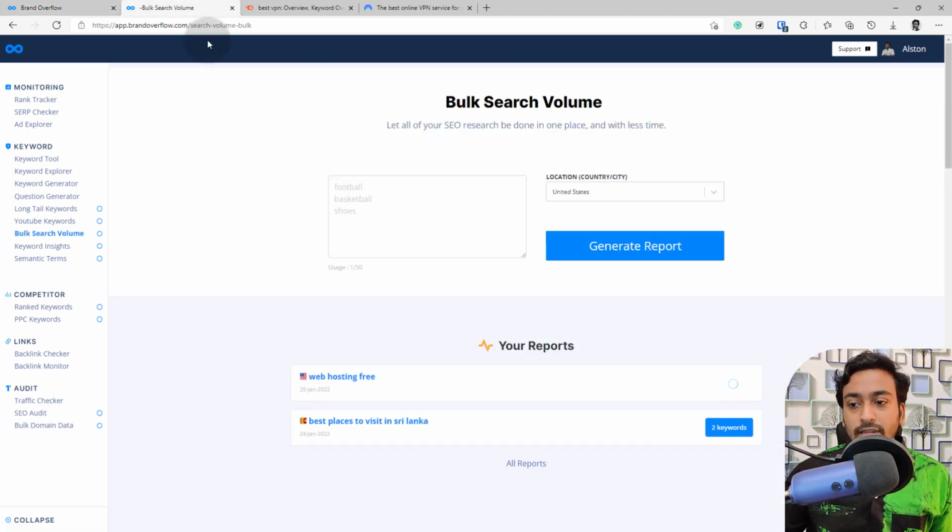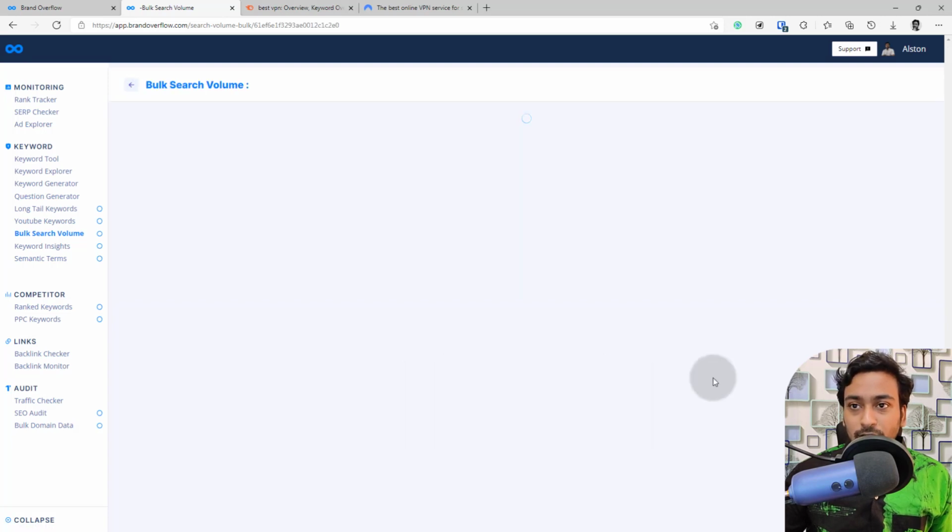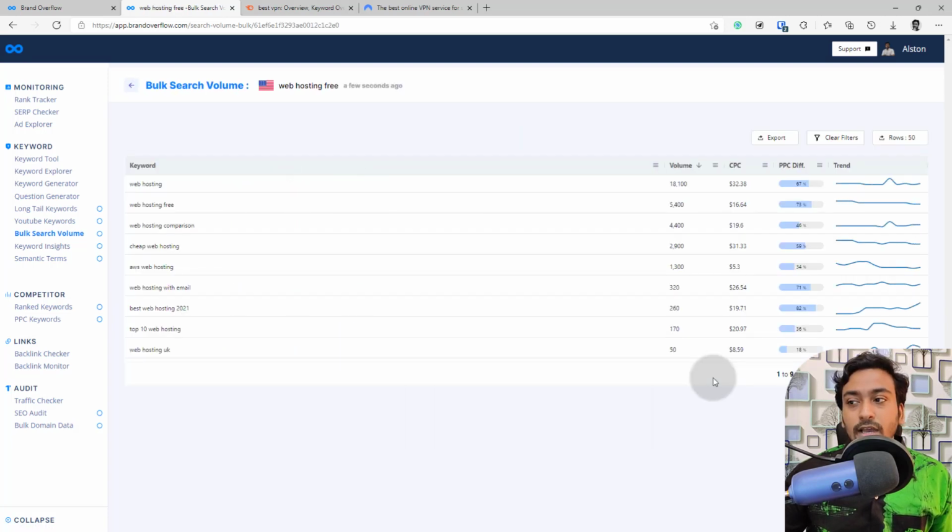So let's see what data it brings up. Okay, it loaded. Let me click on it, and you can see it shows the total search volume for the keyword. It brings that data. CPC data is shown, PPC difference trend, but it does not show you search engine competition